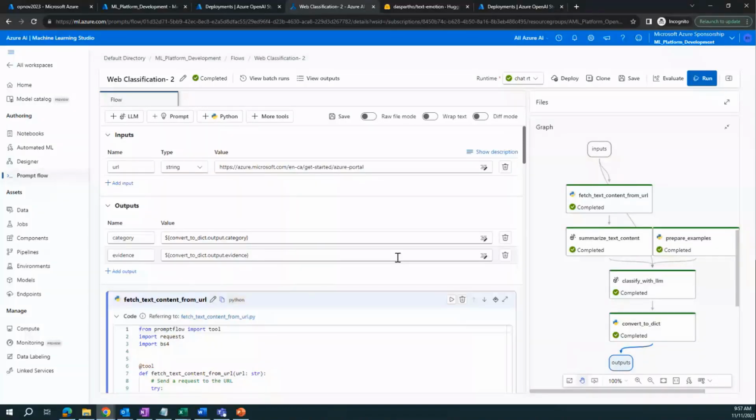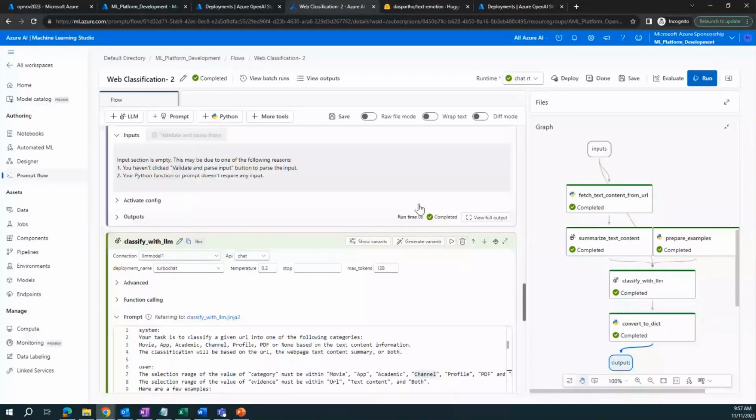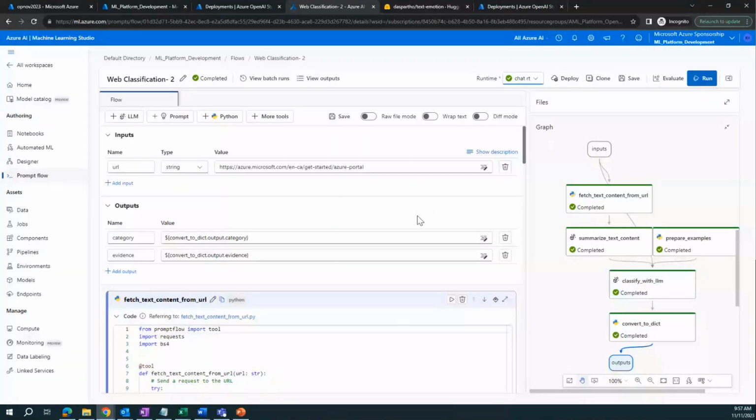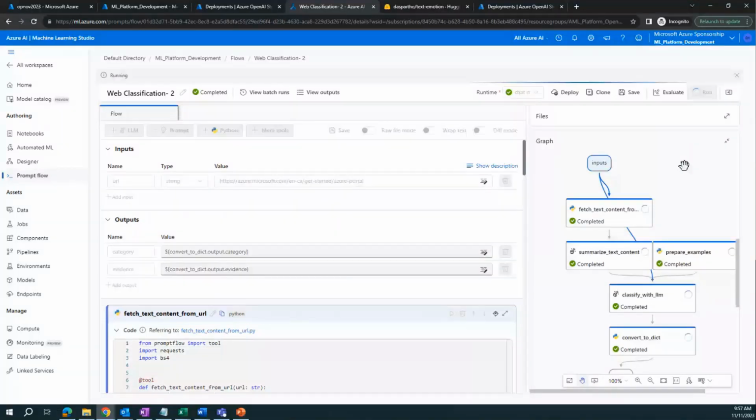You can create your own automation workflow. All you need to do is provide that link, and then everything else will be a mix of Python code, prompt engineering, and everything. First you need to select the runtime that we have already done. And suppose this one, this is the URL of the Azure portal. So what will happen if we run it? Let's click on run, and you will see